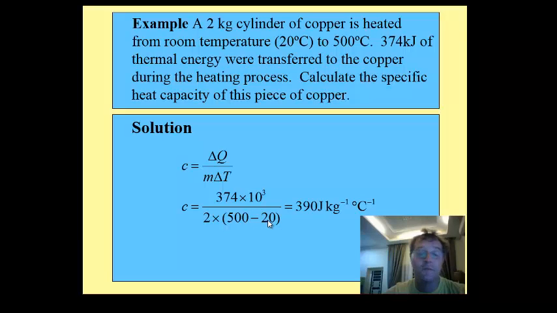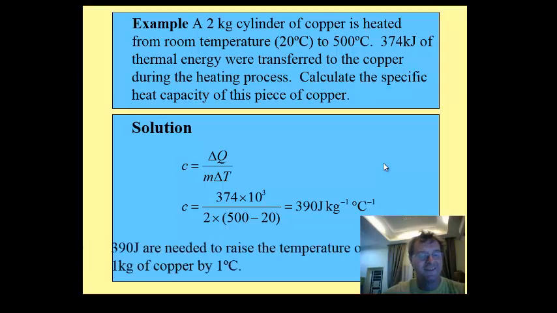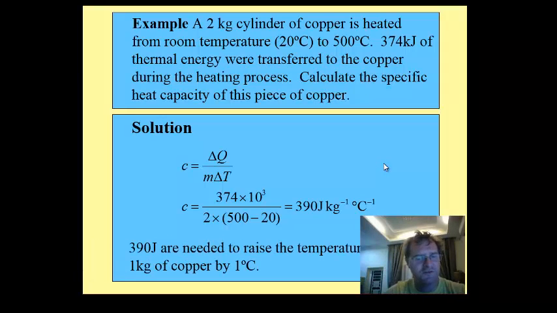Now note here that I'm quite happily using degrees centigrade here, because that change in temperature, in degrees centigrade, is actually equal to 480 degrees Kelvin, because remember the size of a centigrade and the size of 1 Kelvin is exactly the same. So putting my numbers in, I get a specific heat capacity for copper. This is copper in a general form, not dependent on its mass, is 390 joules per kilogram per centigrade. And that means that 390 joules are needed to raise the temperature of 1 kilogram of copper by 1 degree centigrade. Hopefully that gives you an insight